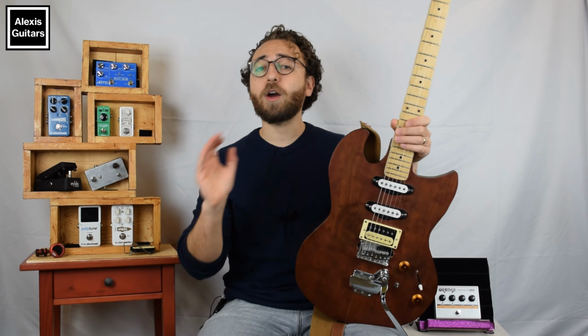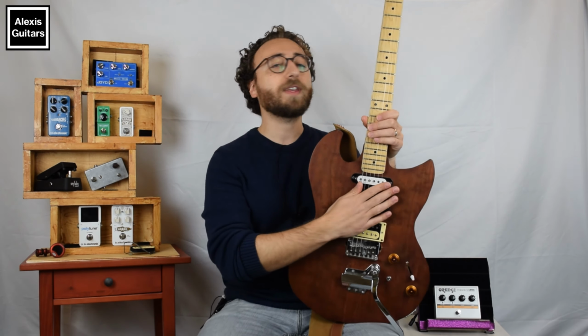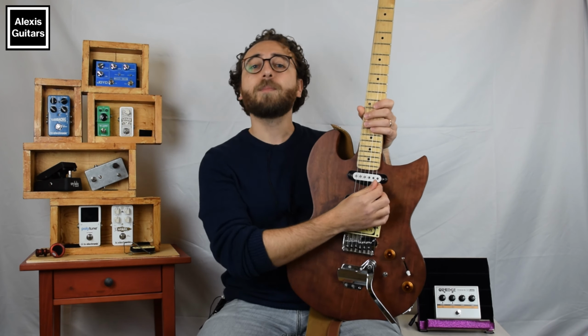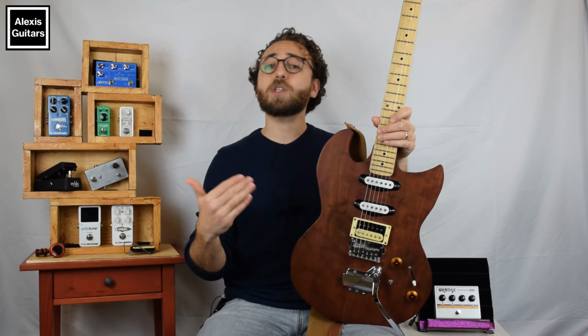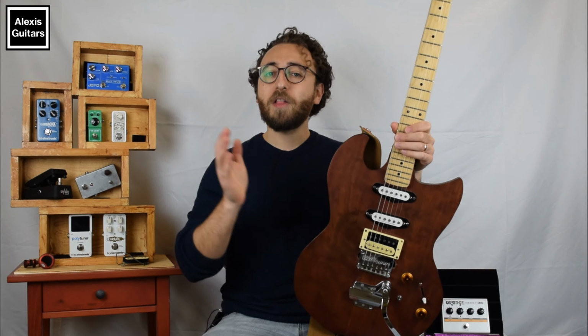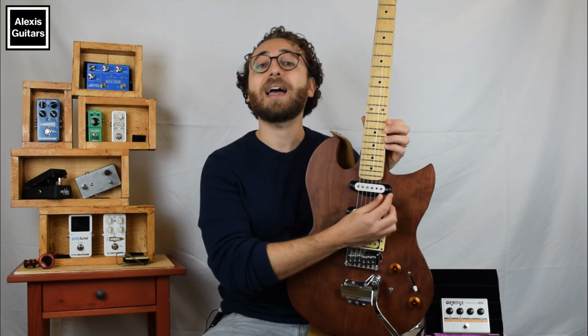Now for this test, I obviously used the same guitar, the same amp and effect settings, and I even used the exact same set of D'Addario strings, apart from a high E string, which decided to snap on me while I was installing the Hot Slag pickup. So I replaced it with a Harley Benton high E string. That means for all the Hot Slag sound clips, it's going to be 5 D'Addario strings and 1 Harley Benton